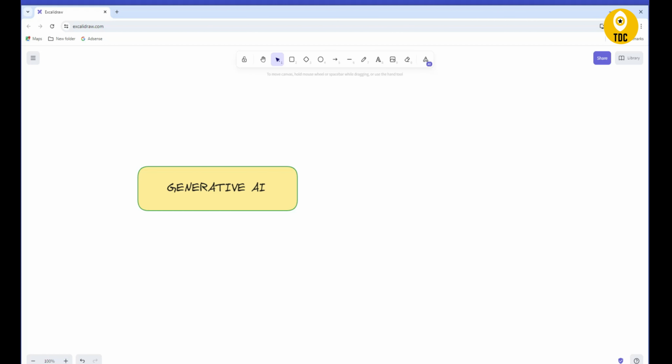When you talk about generative AI, as the name suggests, there are two words here: generative and AI. AI is artificial intelligence, and generative means it generates something using artificial intelligence. That means generative AI is a subset of artificial intelligence, right?